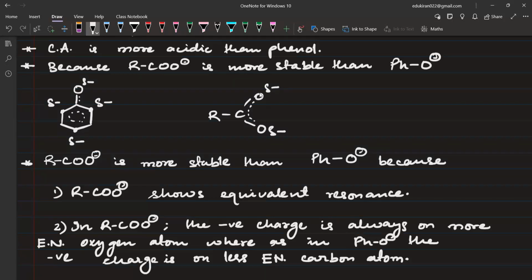और तीनों के आंसर ही अलग है. First, they will ask you to compare between carboxylic acid and phenol. ठीक है? So carboxylic acid is more acidic. That's it. Done. Why is carboxylic acid more acidic than phenol? Because carboxylate ion is more stable than phenoxide ion. Done. खत्म. Why is carboxylate ion more stable than phenoxide ion, even though phenoxide has more resonating structures than these